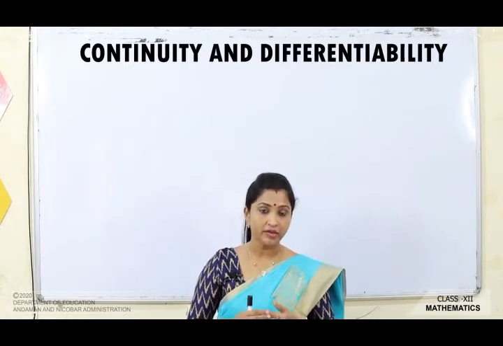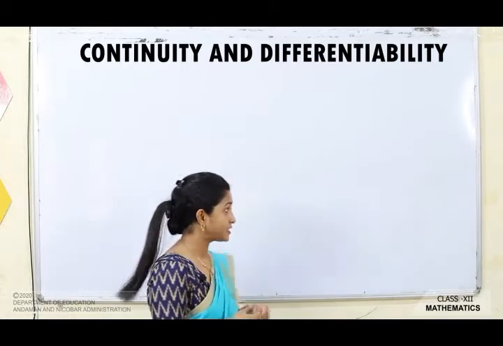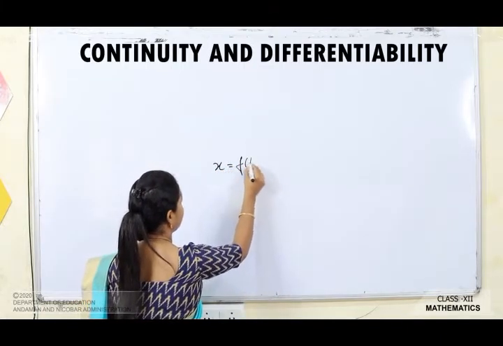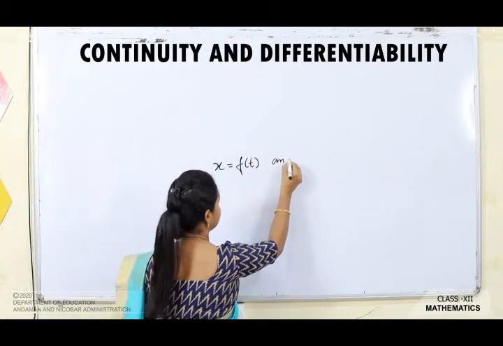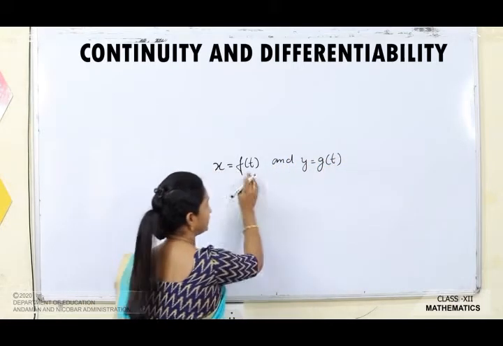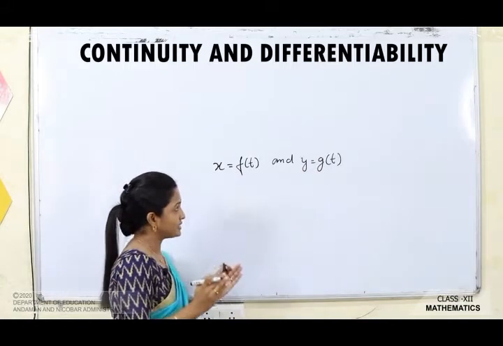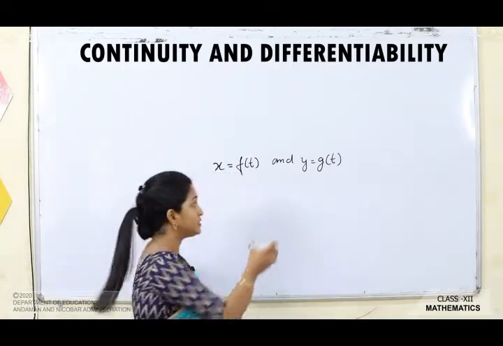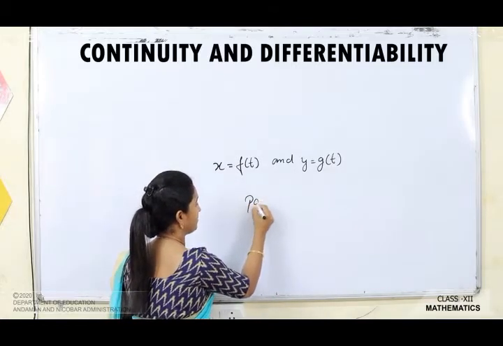Now when the two variables x and y are expressed in the form of x is equal to f of t and y is equal to g of t, a third variable, okay. So when x and y are expressed in terms of a third variable, this form is called parametric form,